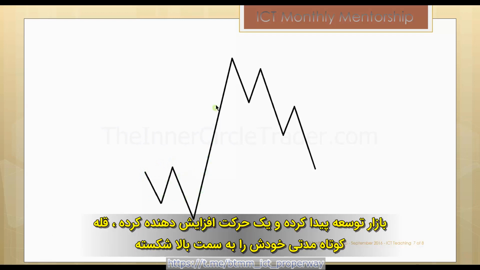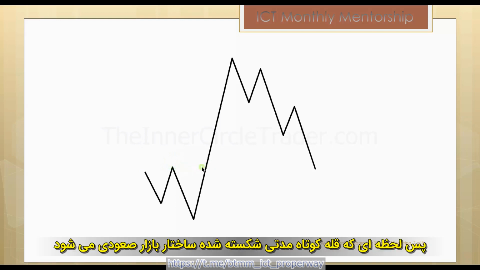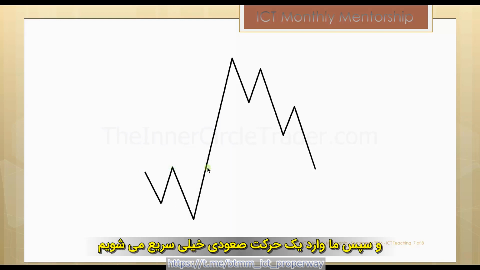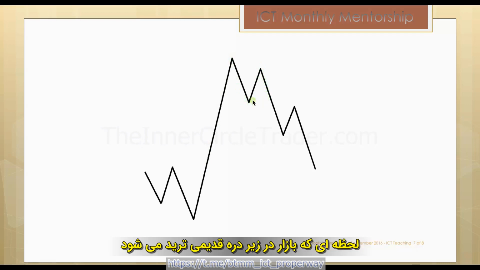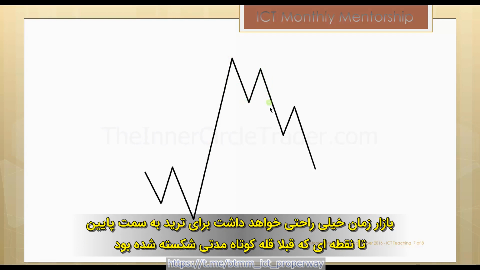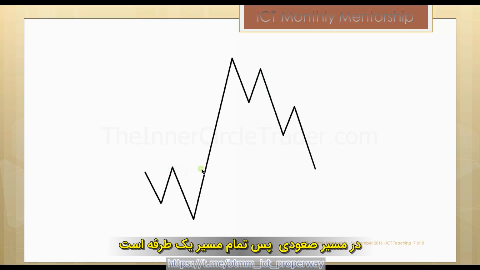The market expands, goes into expansion. It breaks above a short-term high. So at the moment the short-term high is broken here, market structure is bullish, and then we go into a real quick run up. The market will create a high, start to break down, and once the market starts trading below an old low, the market will have a very easy time trading back down into the point at which the short-term high was broken on the upside.